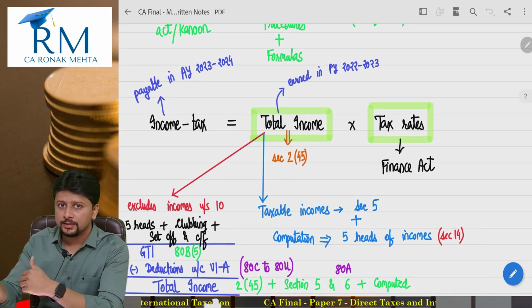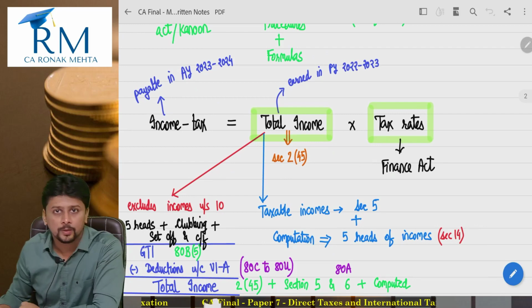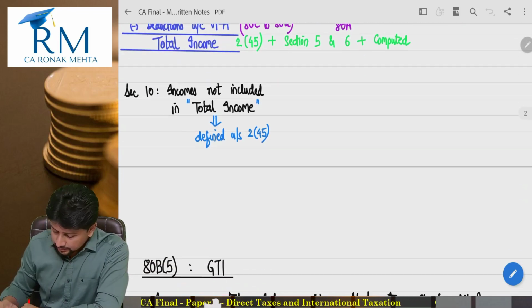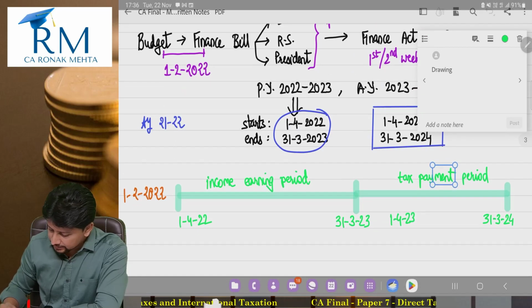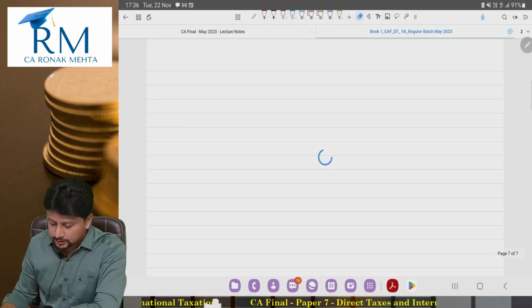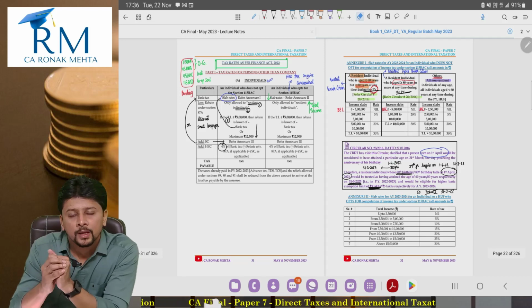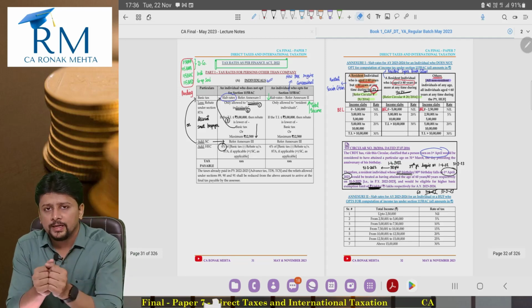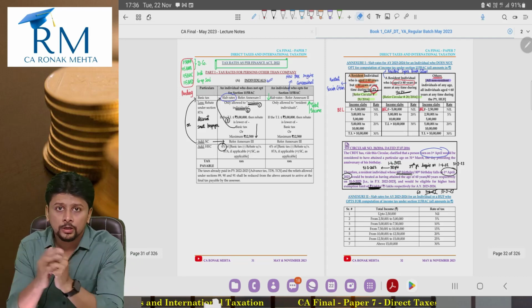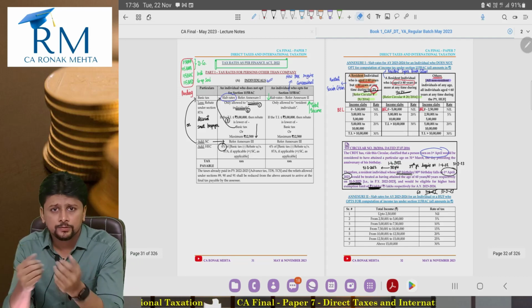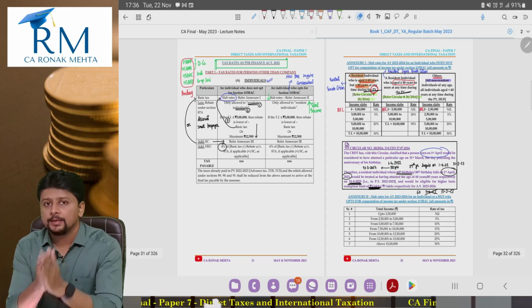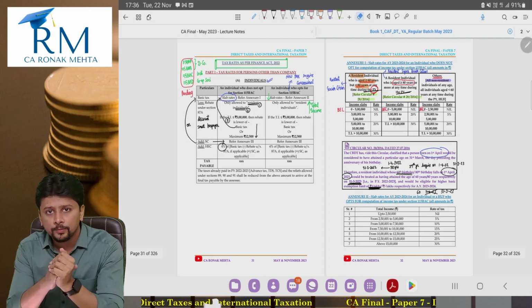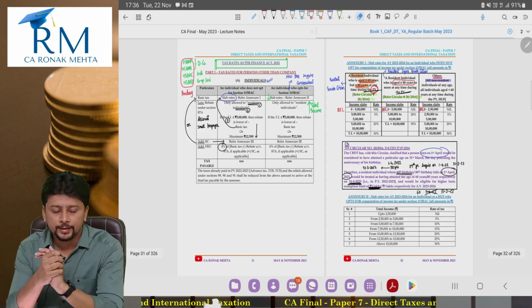Total income depends on your residential status. Initially in the lecture we had discussed something about your syllabus and your paper pattern also. Thereafter we had gone to the discussion of our tax rates from our textbook. Individuals and HUF will pay tax according to slab rate. Companies and partnership firms are going to pay tax according to a flat rate. Surcharge will be payable if you earn a super duper extra amount of income. Health and education cess is applicable for all persons, all assessees, at the rate of 4%.